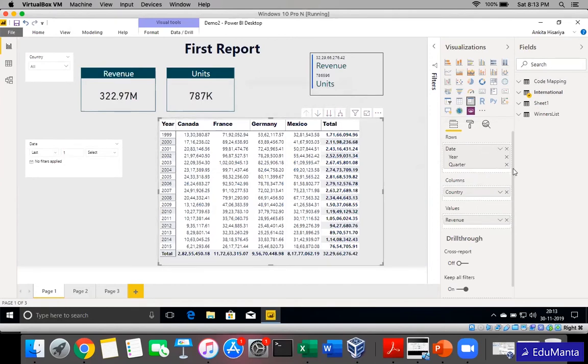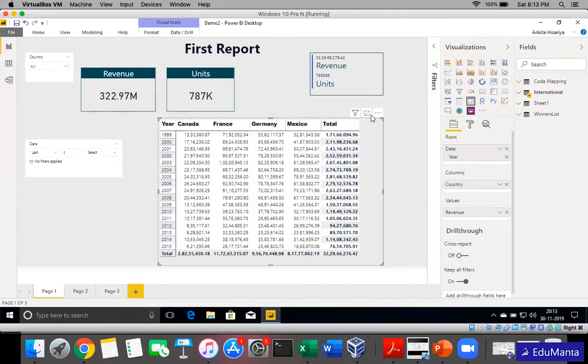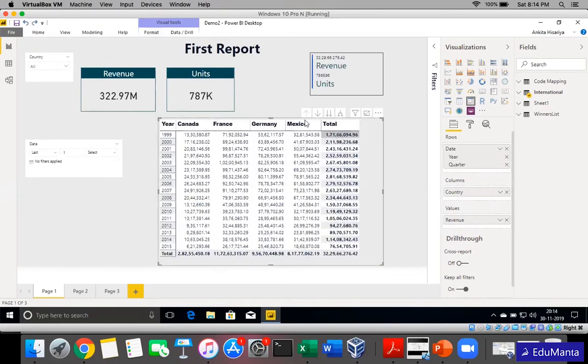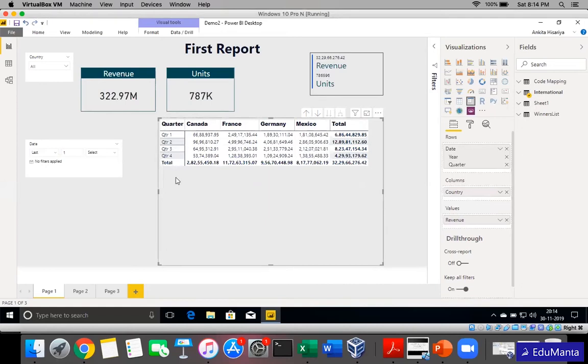If I just delete quarter from here, you see these icons disappear, because right now you cannot drill further into the data. Whatever visual is created, it's just at year level and just at country level. We don't have any further drill down option. I'll click on the undo button, just undo the last step, whatever was done. Quarter is back here and we have this icon. Now we have the year data, but you can drill down or go to the next level of hierarchy. Just click on this. Now the data is on the quarter level.